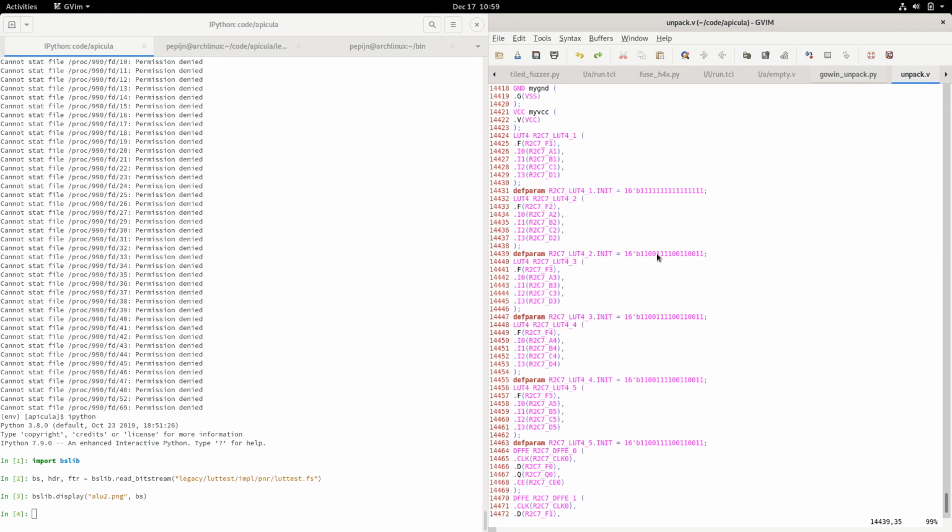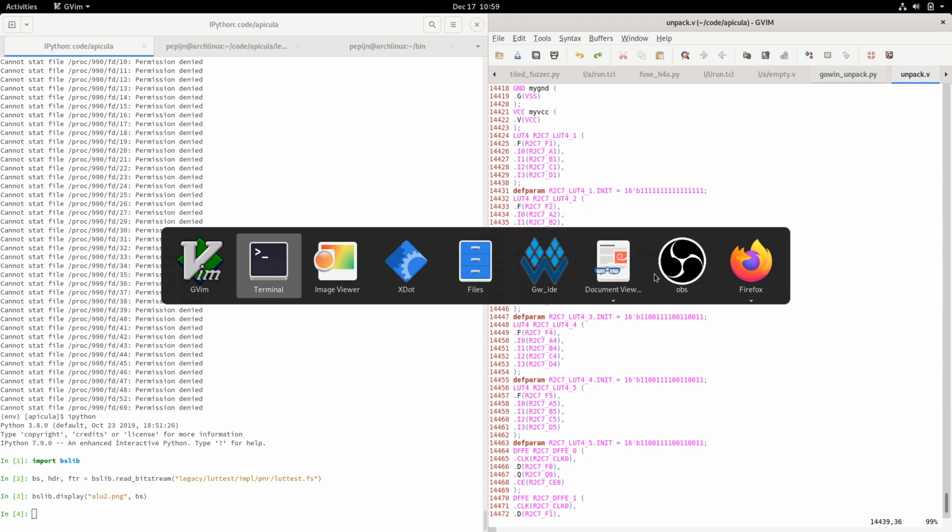And this is sort of bit 3 set. If it was a 4 input XOR, that wouldn't work. So let me,